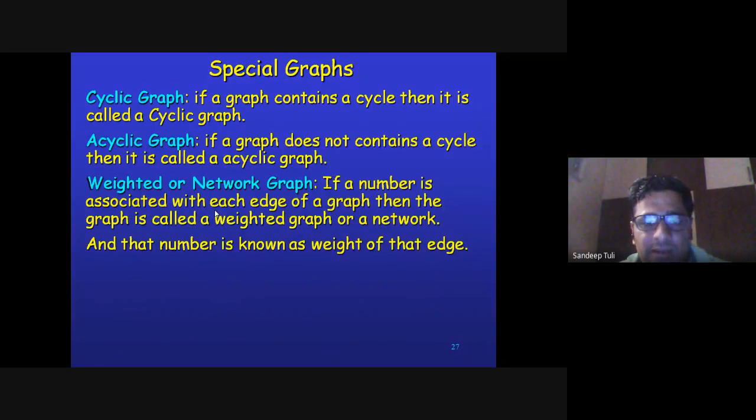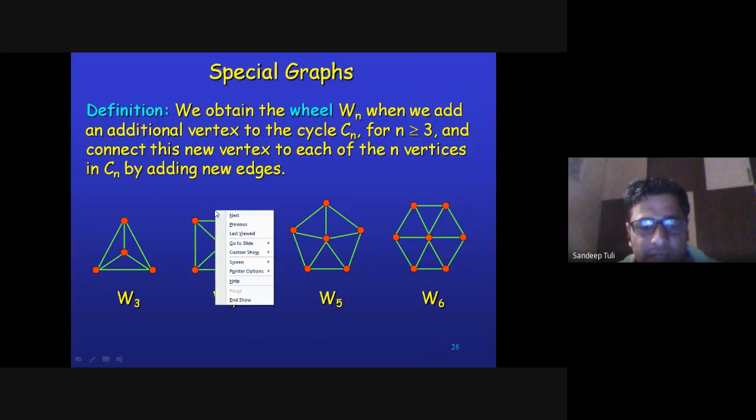Now acyclic graph, if a graph does not contain a cycle, then it is called a acyclic graph, or it could be a tree in the case of undirected graph, simple graph. Now weighted graph or networks. Okay, if we will associate a number to every edge of a graph. अब suppose कि ये ग्राफ है, इसमें मैंने हर एज के संग एक नंबर एसोसिएट कर दिए. ओके,